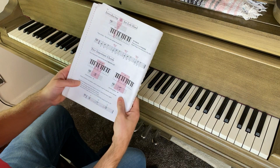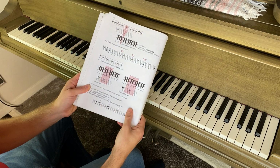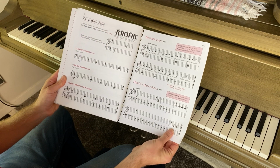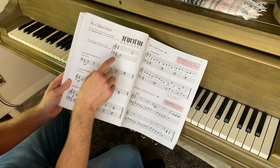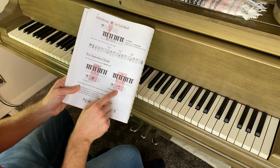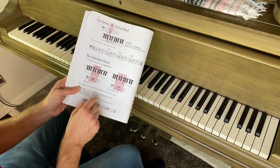The first thing we want to take a look at are these two important chords on page 34. One of them you already know from our work on pages 32 and 33, specifically that C major chord, or as you now know, the C major triad. So that's here. The other chord that's new to this page is called the G7 chord, and the way that